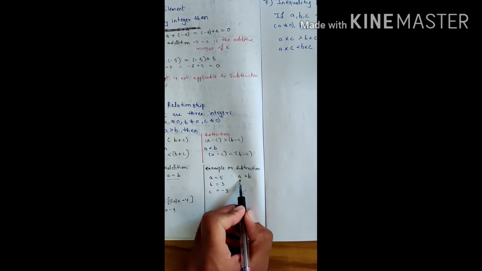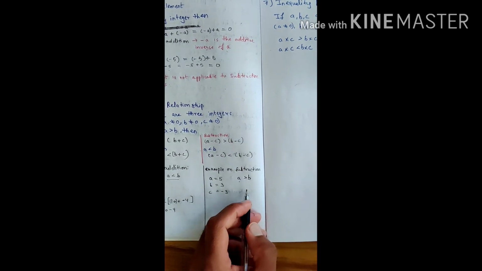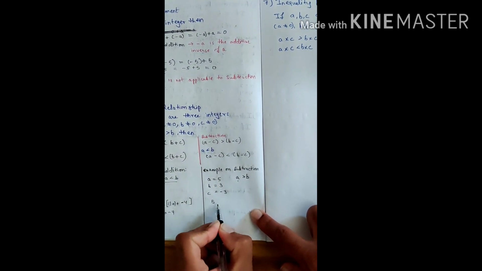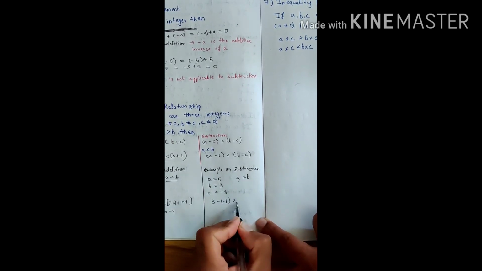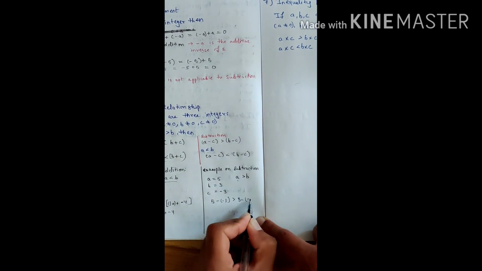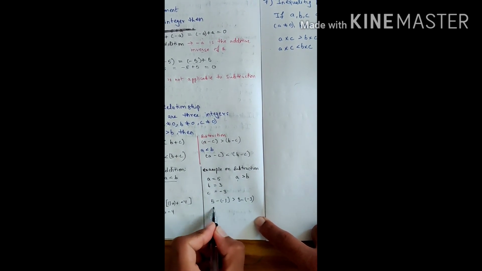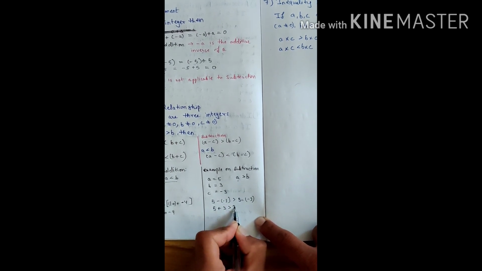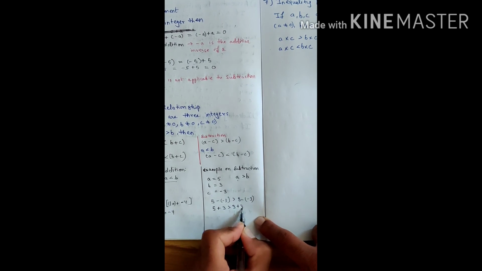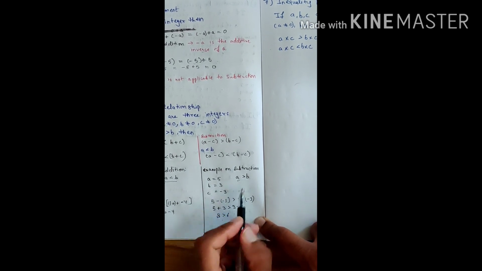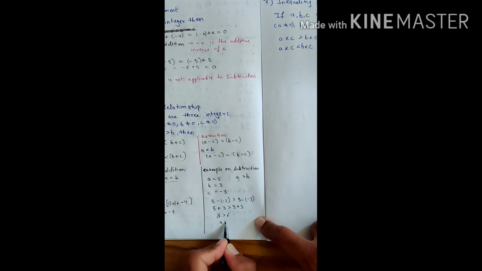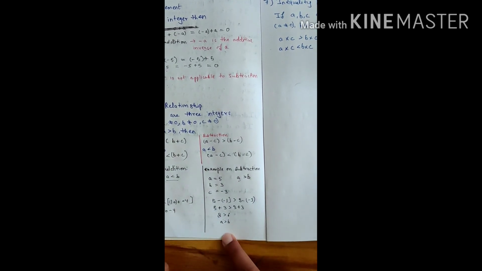We will take a condition where a is greater than b, then we'll keep the values again. So 5 minus (minus 3) greater than 3 minus (minus 3). Now we will solve this. So 5 minus and minus will become plus 3, again minus and minus will become plus. So 8 is greater than 6. So again this condition is true that a is greater than b, as you can see from here. Alright.